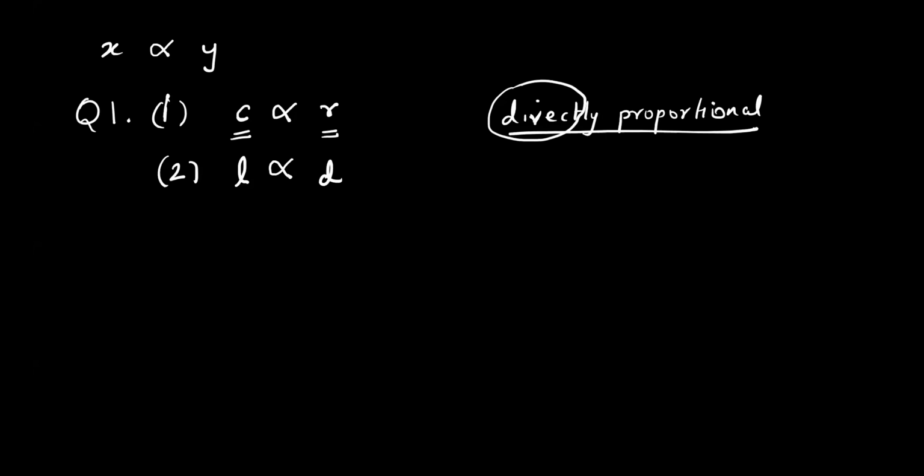This is the symbol which says that both increase or both decrease together. So see, they can use different terms, like in this statement now they are using the word direct variation. Direct variation बोलो या directly proportional बोलो, दोनों का मतलब एक ही है, that both are increasing or decreasing. This word will tell us what is happening. Direct means both are increasing or decreasing together. Okay, I hope now everybody has understood this.